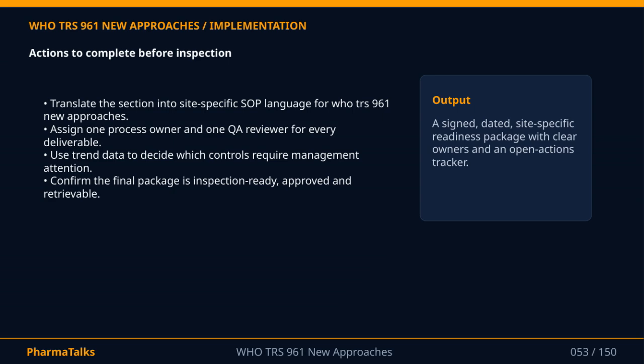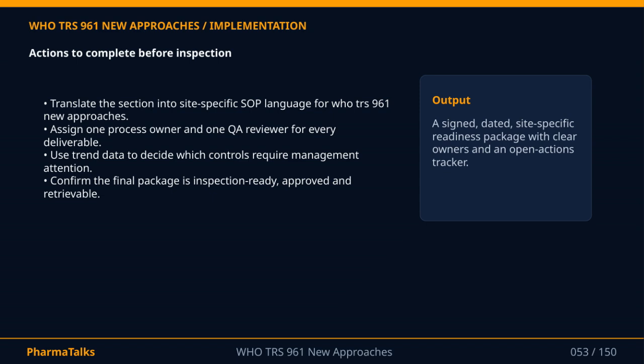Next, we must assign one process owner and one QA reviewer for each deliverable to maintain accountability and quality control throughout. Additionally, we should use trend data to identify which controls need management's attention, helping us prioritize our efforts effectively. Finally, we confirm that the final package is inspection-ready, fully approved, and easily retrievable to avoid any delays or confusion